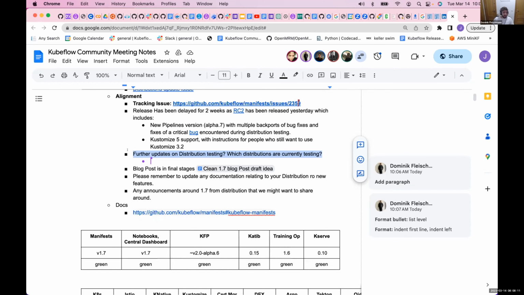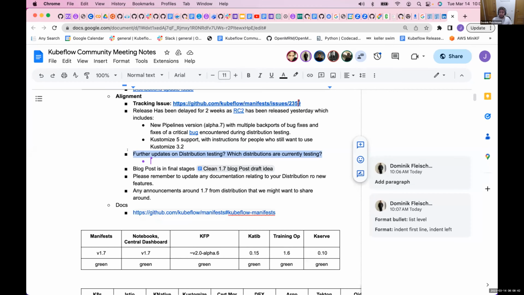But I mean, in the end, please, as always, there is the distribution tracking issue where you can always directly just ping me and let me know if there's any issues that you encounter there. That is the best place. It is mentioned in the document in the community notes just above the alignment section, distribution status. So if you're shy or you're not right now in this meeting and watching it afterwards, please feel free to mention any issues in the distribution tracking issue. But for the sake of time, let's move on.